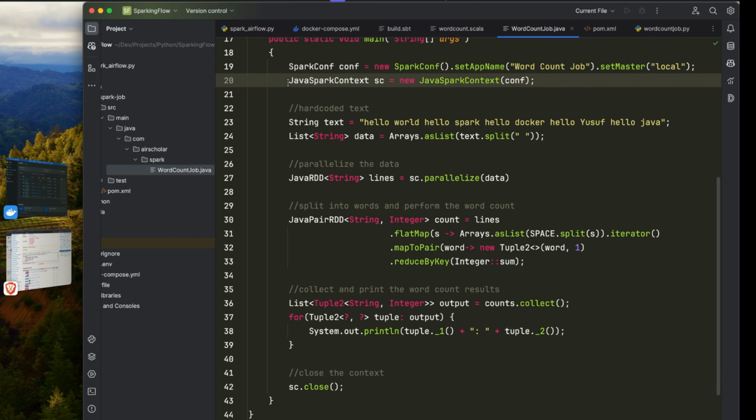In Java, I'm creating a Spark context with this, which is the SC, and the string of text that I want to count is this. Then I'm going to have a list of strings as data, so I'm going to split all of this and convert it to an array list. From there I'm going to have a JavaRDD and do a parallelization on the data,